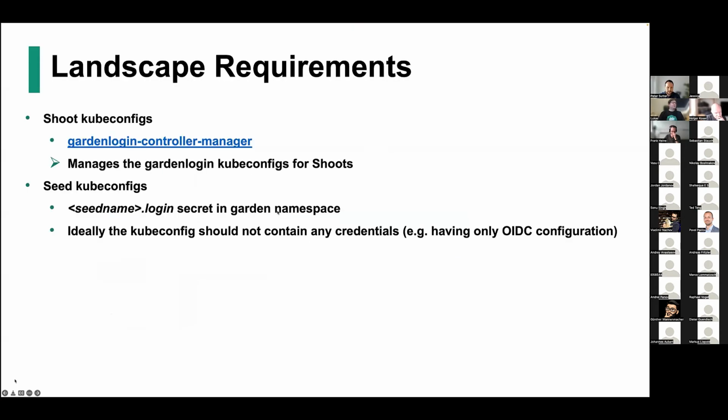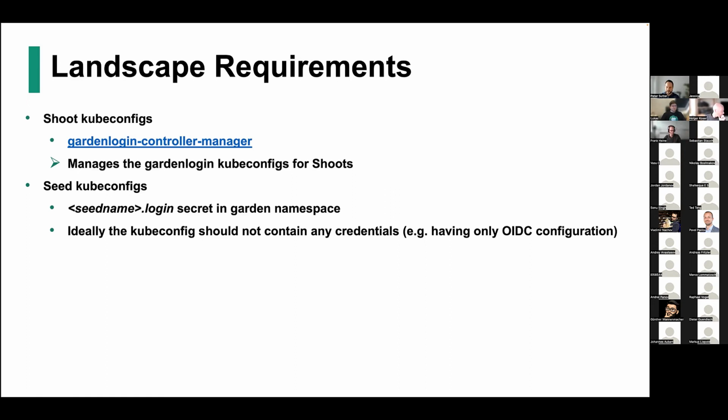Okay, so I now hand over to Peter for the landscape requirements. Yes, thanks, Lucas. So when you have your own gardener landscape and you have the role of the gardener administrator, you set everything up, and you or your users want to use gardenctl version 2. There are some requirements so that it works, especially for the shoot kube configs and for the seed kube configs. As we talked about previously, we now use different kube configs. The previous version of gardenctl used the kube configs that were created during shoot creation,